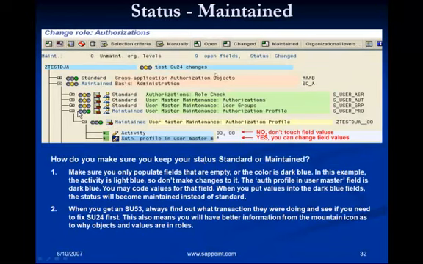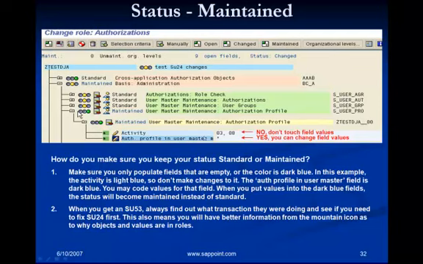Another status that you have is maintained. So you had changed, you have manual, and now you have maintained. How do you make sure that you keep your object statuses standard or maintained? You have to ensure that you only populate fields that are empty.